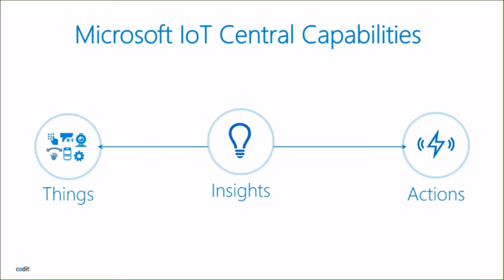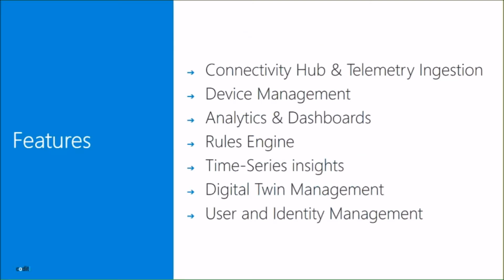Let's look a bit more into detail on what the real capabilities are and what those capabilities can bring to your business. First of all, there's a whole connectivity hub and telemetry ingestion offering of the platform. It allows you to connect a whole range of devices to the cloud via the platform. Of course, there's your device management that enables you to control and manage your devices. There's a whole analytics and dashboarding, which provides simple and consumable reports and visualization of your data. With the rule engine and time series insights, the real-time data is processed through the platform, and you will be able to identify trends among that data. And if some trends are notified, you will be able to act upon that